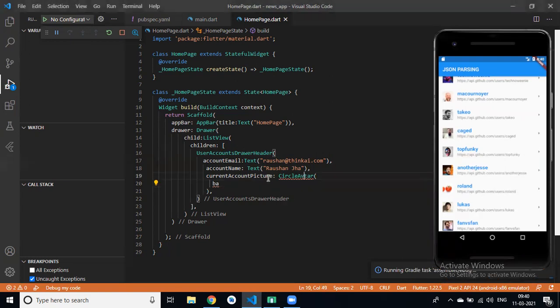So in current account picture, we have a circle avatar. Why is this showing an error? Okay, spelling mistake. So we have a background image.